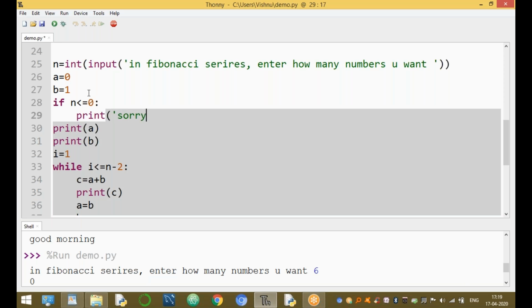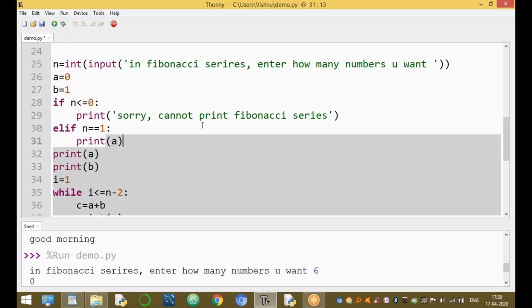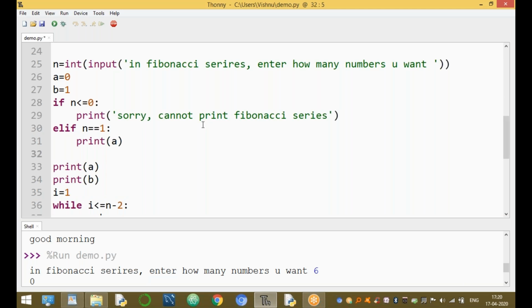print, sorry, cannot print the Fibonacci series. You entered a negative number. Sorry, cannot print the Fibonacci series. For example, if the n value is equal to 1, print only 0. Else,